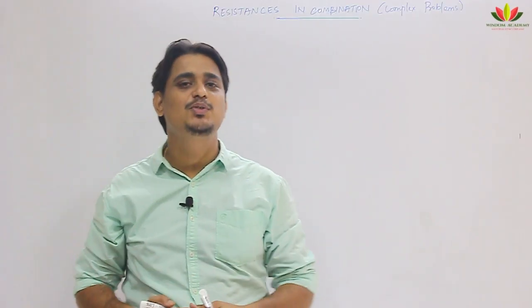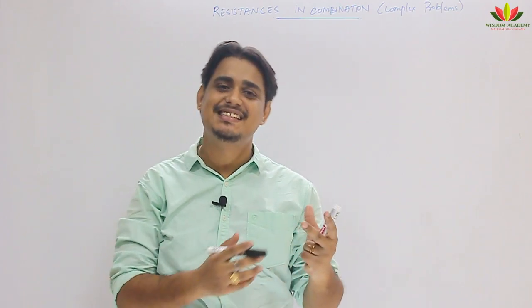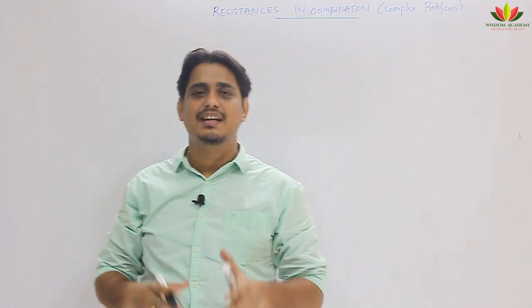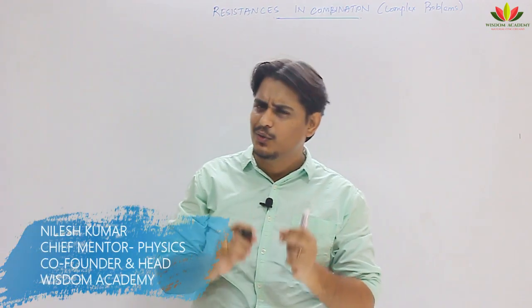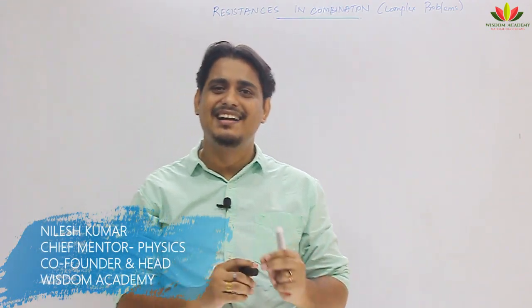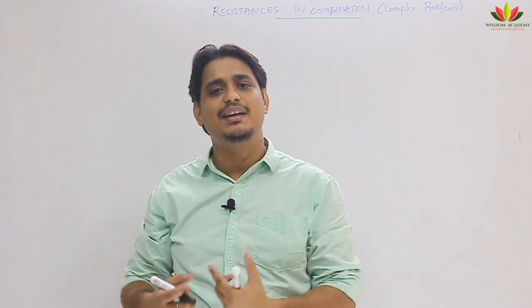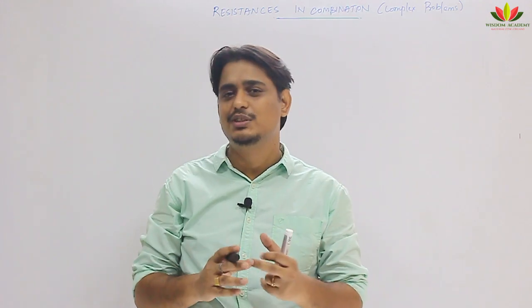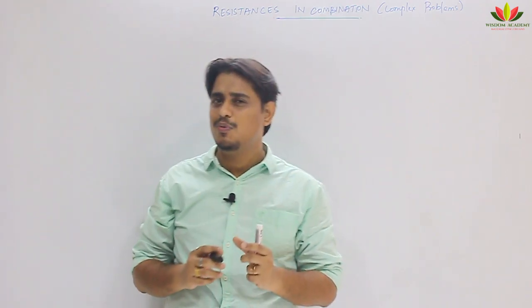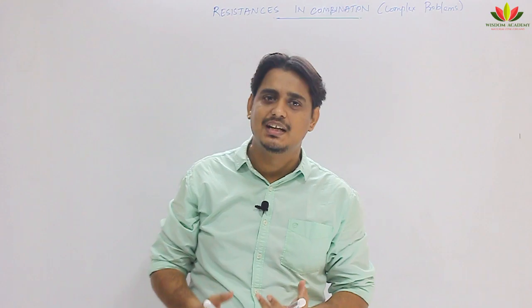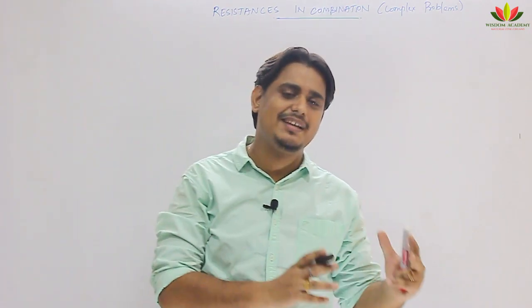In the previous video, you learnt about resistance in series and parallel. I clarified what the combination of resistances in series and parallel is, and I told you how to find the current in each resistor and how to find the current drawn from the cell by using the current ratio method and the conventional method. So I hope that you have solved enough problems and got your concept very clear.